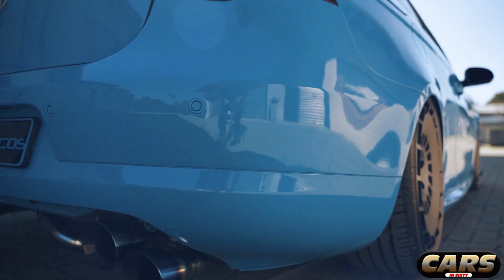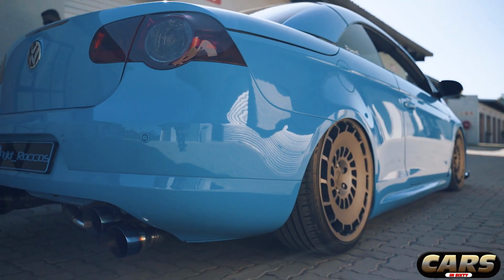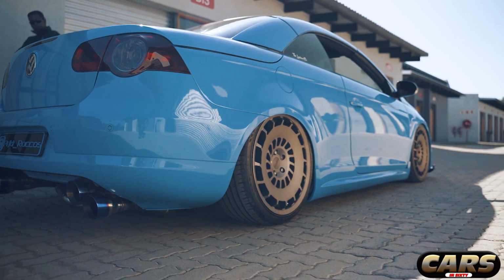It looks crazy when you stand and stare to just understand what's going on there. And it has a titanium tip look, tailpiece. Yeah, so they've got the, what do they call it, sort of burnt stainless steel look to it. So they gave me options, and I like that because it works well with the color of the car. Definitely, the exhaust system just looks like pure art. We actually had to cut out the diffuser portion of the bumper so we can show the